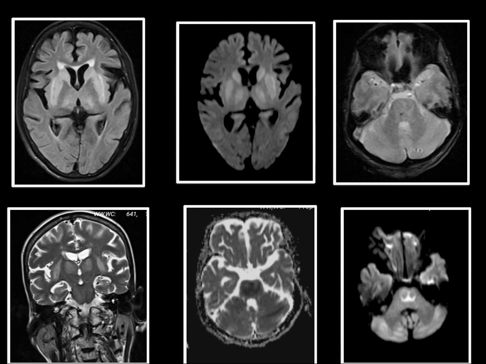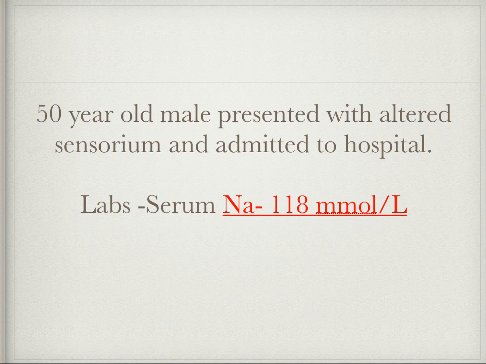So let us see, these are the axial FLAIR, diffusion, gradient image, coronal T2, ADC and diffusion image at the level of pons. So let us see the findings. Hope all of you have seen the findings and the classic signs is also present here. I'll show you what is the